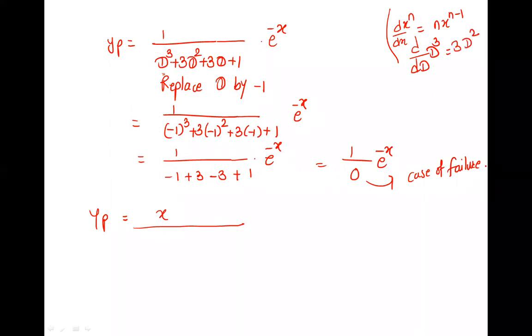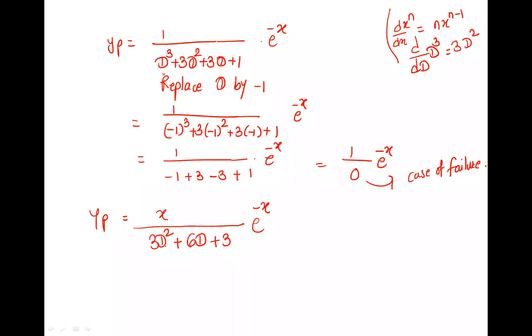3D square. Yes, like this. So the derivative of this term is 3D square, plus the derivative of this term, 3 into 2D, that is 6D, plus the derivative of this term, 3. Plus the derivative of this term, 0, since it is the derivative of a constant. So are you getting the step now? If it is 0, go back to the step where we did the substitution, multiply by the independent variable and take the derivative of the denominator. The e raised to -x is as it is, it continues always.